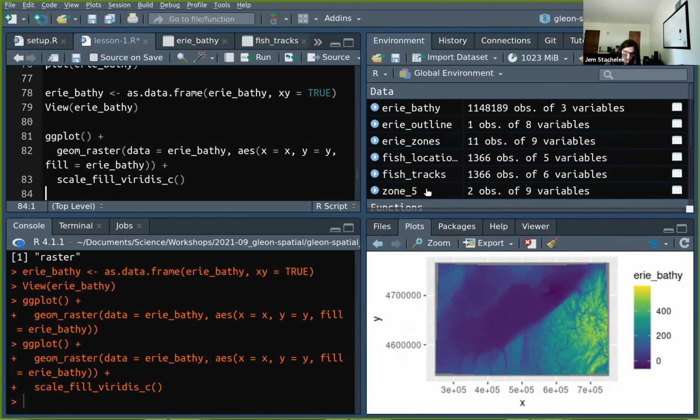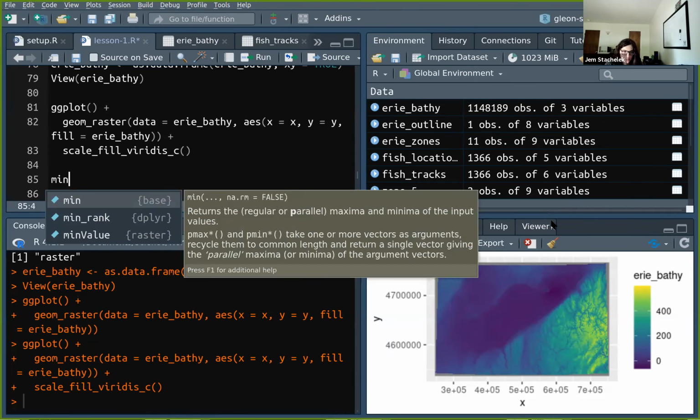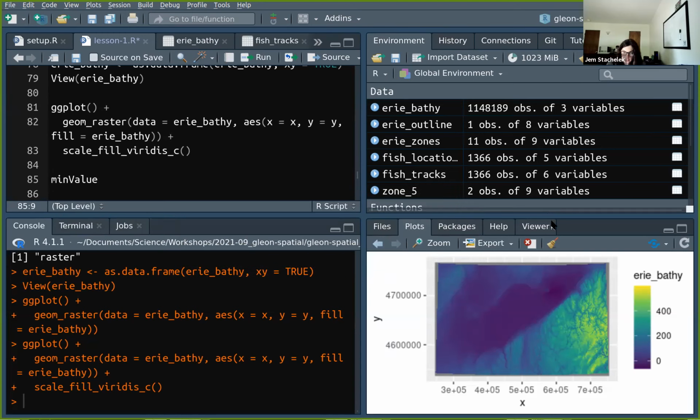Let's explore the values of our raster some more. We looked at the summary of the raster, but we can pull out the individual values. Like we can pull out the minimum or the deepest point in the lake with this function min value from the raster package. So if I feed min value the Erie Bathy object and run it,